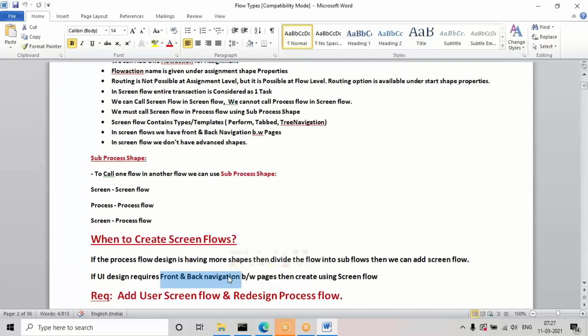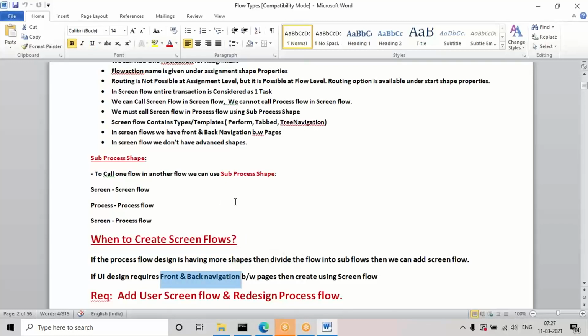Or if the flow design is complex with more shapes, and you want to divide the flow into small subflows, and that particular subflow design requires front and back navigation between pages, then we go for a screen flow. Mainly this is the requirement.